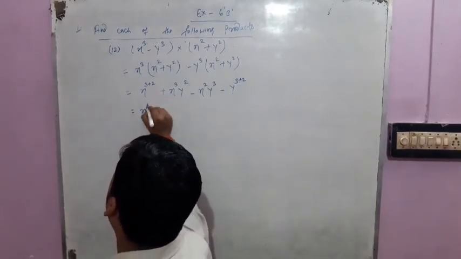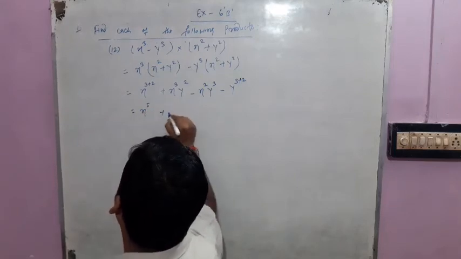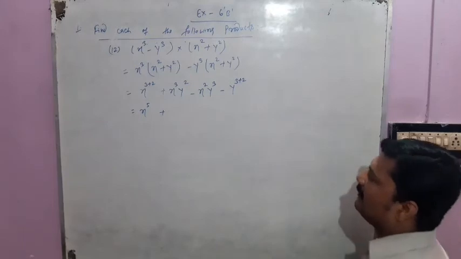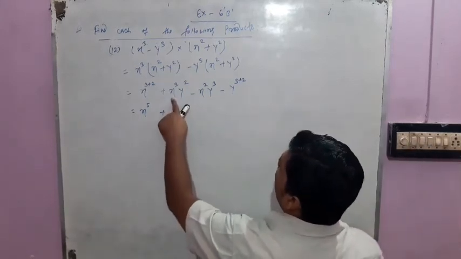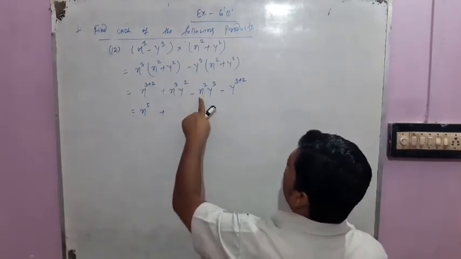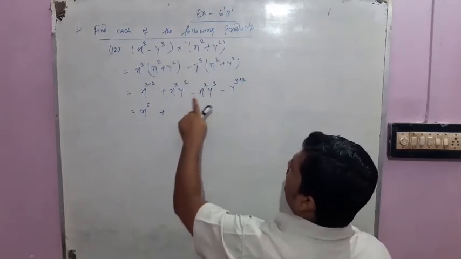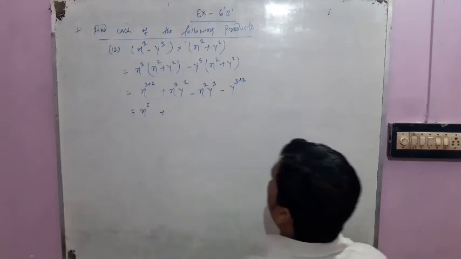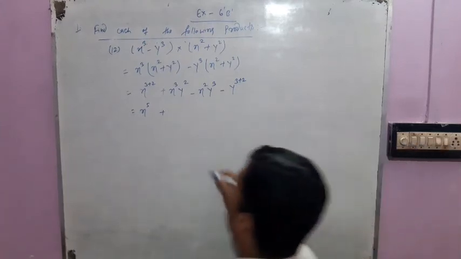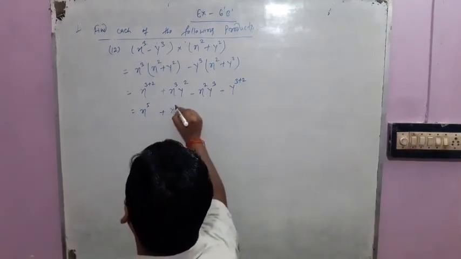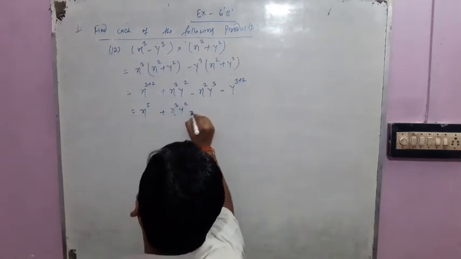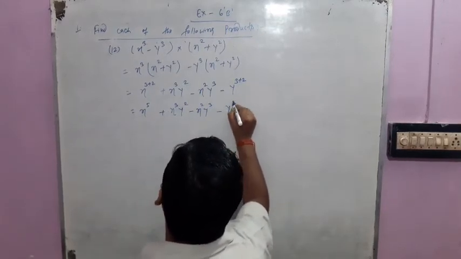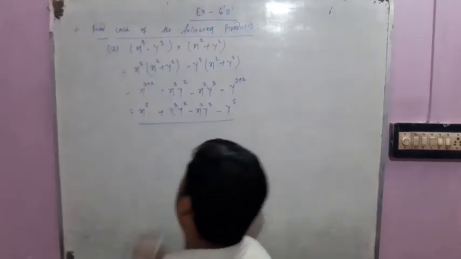x, and when we add the exponents we get 5. Here we do not add both of the terms because they are different terms. Here the exponent of x is cube, but here the exponent of x is 2. Here the exponent of y is 2 and here the exponent of y is 3. So they are different terms, so we do not add here. So we write x cube y square minus x square y cube, and again we add the exponents of y, that is y to the power 5.